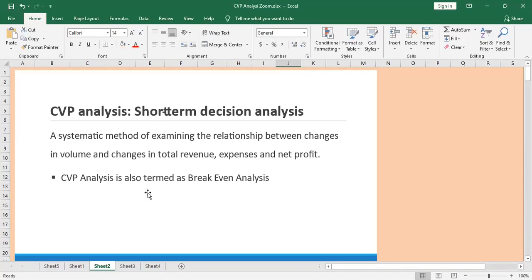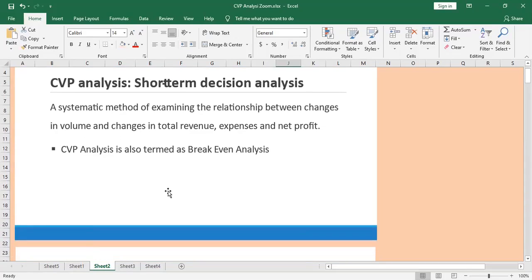What we are going to do is establish a relationship between cost, volume, and profit, so that we can see when we change one variable, like the level of production, what will happen to the cost and the profit. More like a sensitivity type of analysis. And here we are also keen about calculating the break-even point. Break-even point is the amount of units that you produce at the point where you are not making any loss or any profit. That is break-even point, simple as that. Cost volume profit analysis and break-even analysis, those two terms we normally use interchangeably, right?